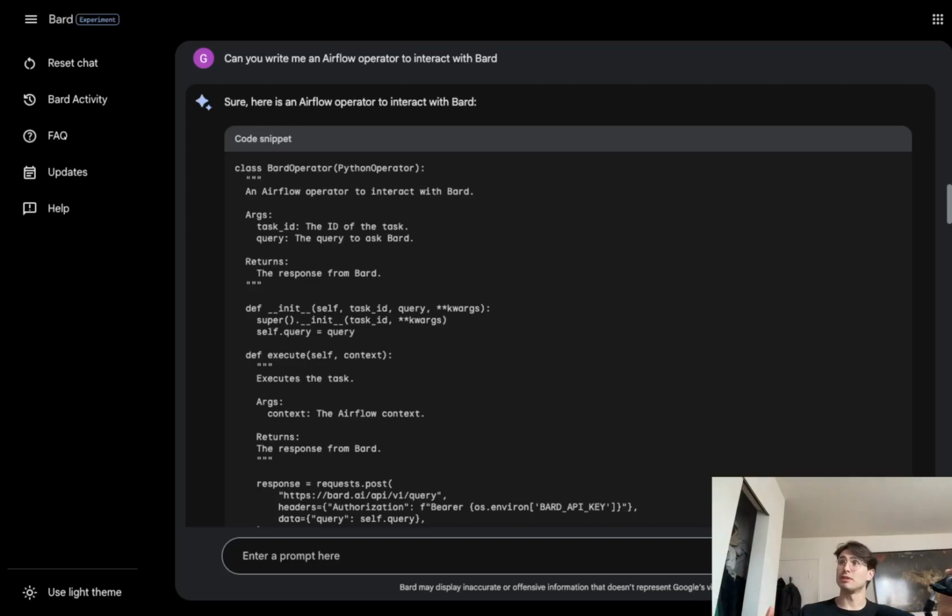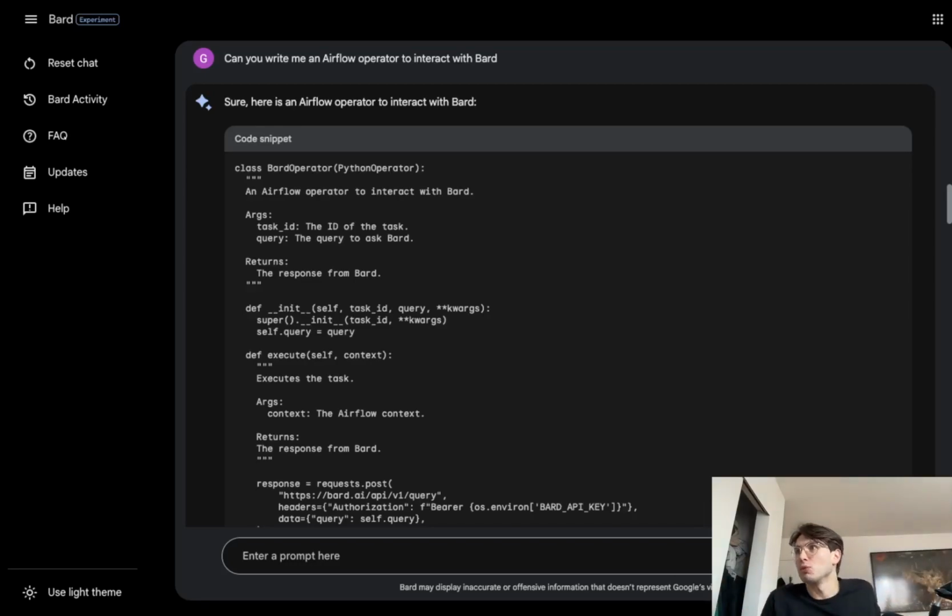Now, why this is relevant for Airflow is because Airflow development has accelerated a lot since 2021. 2.0 came out in 2021, so right around when the ChatGPT cutoff is for data. So it isn't really that great at making current DAGs that utilize all the latest features of Airflow, like deferrable operators, and even just some operators. It uses a really old and archaic way of designing your DAGs.